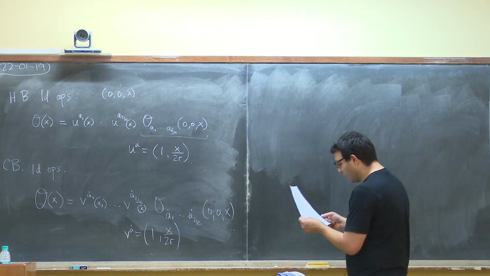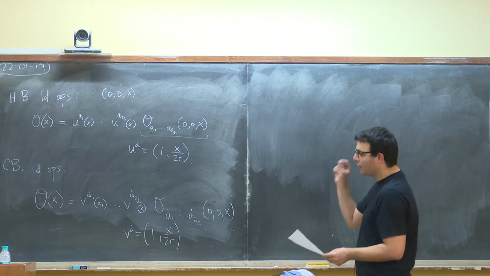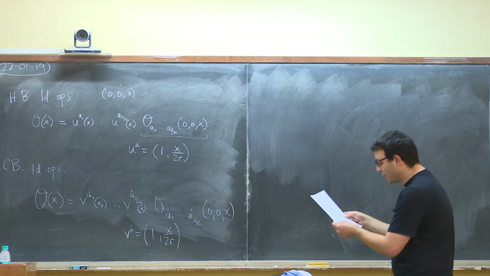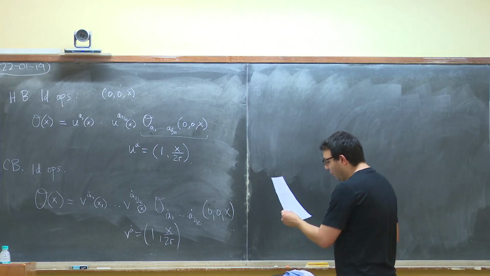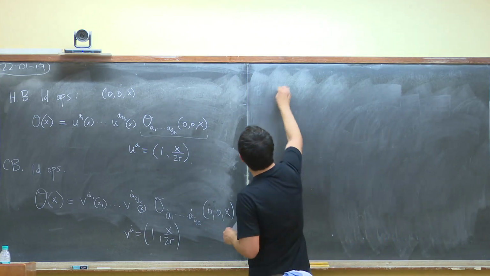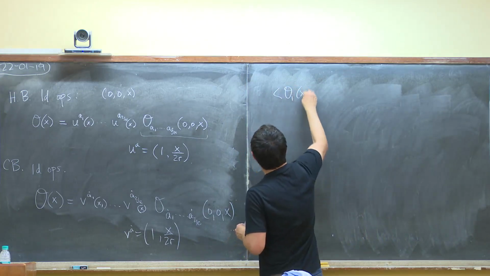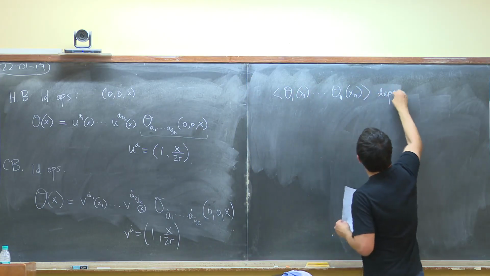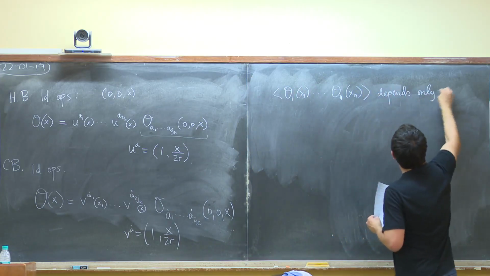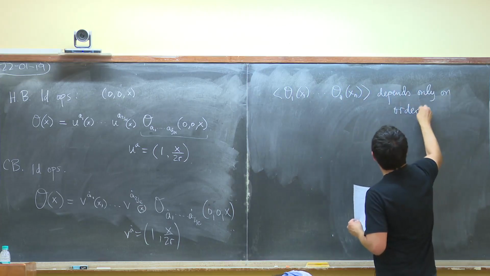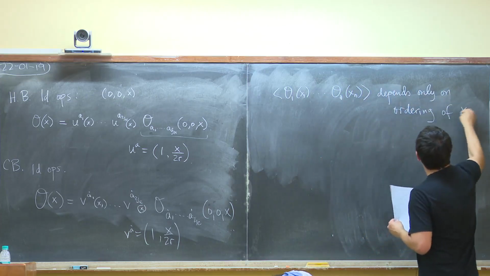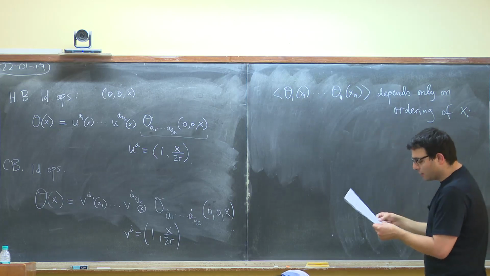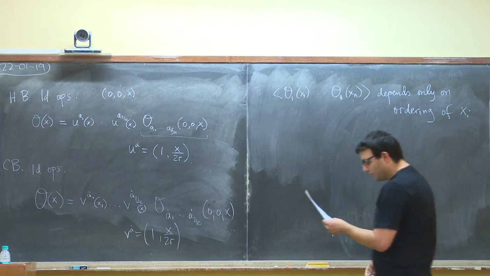Okay. Well, first of all, let me tell you the reason why the correlation functions are topological. It's going to be brief, and then I'll give an example, and that's going to be perhaps better. So the claim is that the correlator O1 of x1 through On of xn depends only on the ordering of the xi, and of course on what operators these are if they're different. The reason,